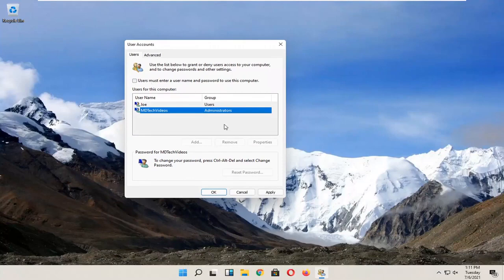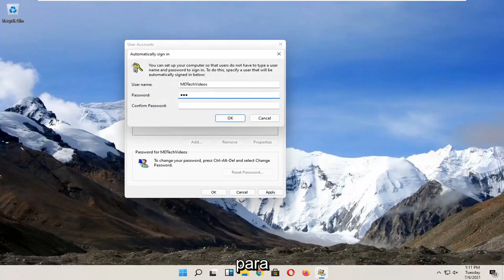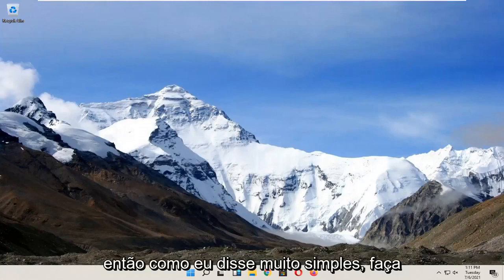So pretty straightforward process, guys. And then you would select Apply and OK. Have to enter in your current computer password in order to enable that. Select OK, and then OK again. So like I said, pretty